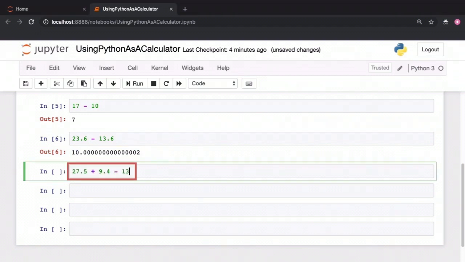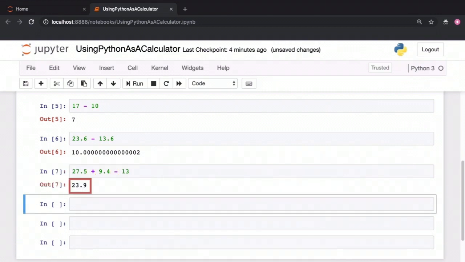If you can perform simple addition and subtraction, it stands to reason that you can combine these operations as well. Here is a combination of plus as well as minus to give you a result. Obviously, these arithmetic operations will follow the BODMAS rule that we learned back in middle school. Brackets will be evaluated first, then division and multiplication, and then addition and subtraction.